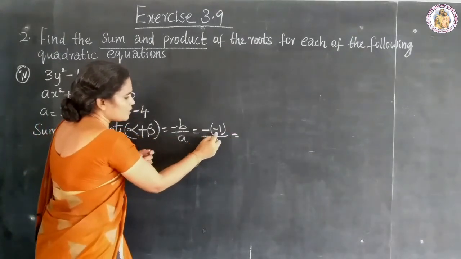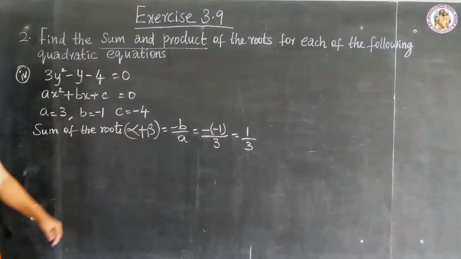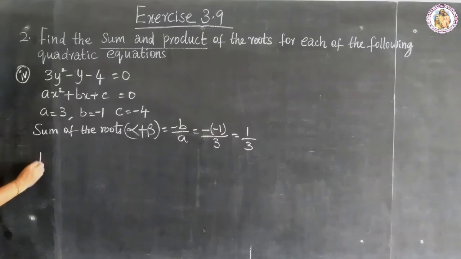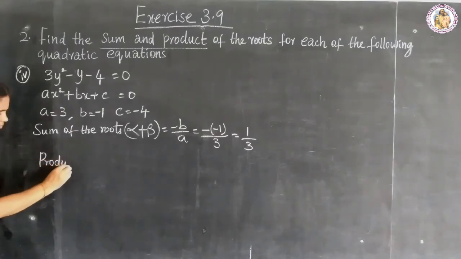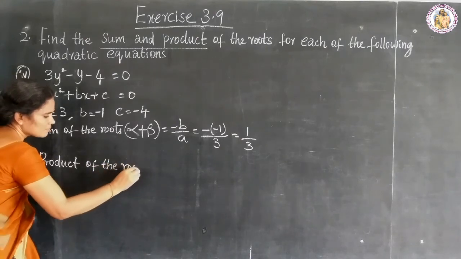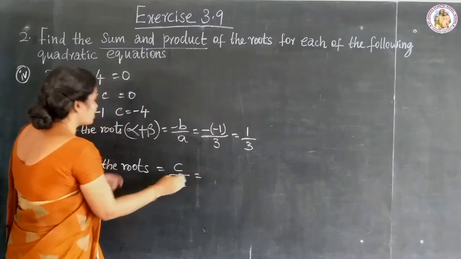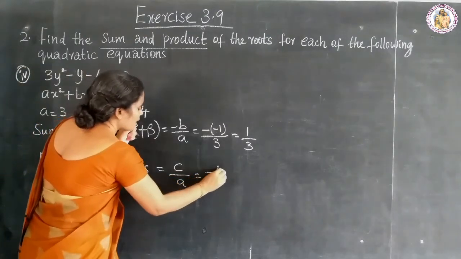So minus into minus is plus, 1 by 3. So the sum of the roots is equal to 1 by 3, and the product of the roots is equal to c by a. C is equal to minus 4 and a is